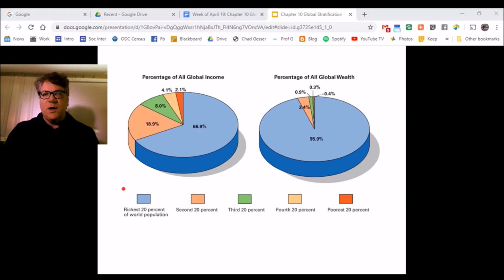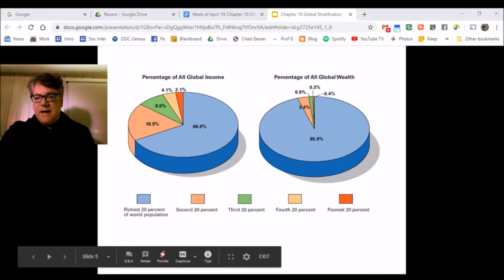we also covered economics and social class and those kinds of things. And part of what we looked at, income and wealth, that's what I was trying to remember. But what we looked at were pie charts, and we looked at the distribution of income and wealth in the United States. And these pie charts might look similar because we're looking at